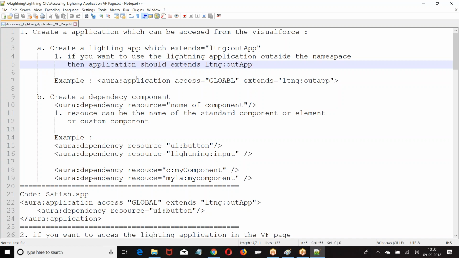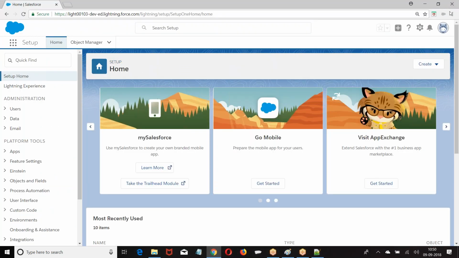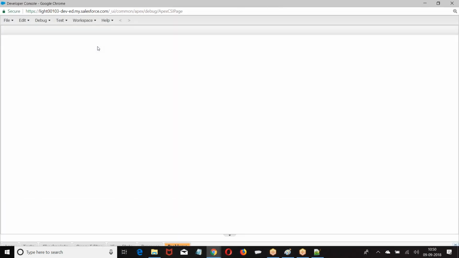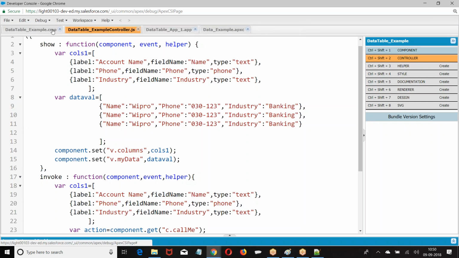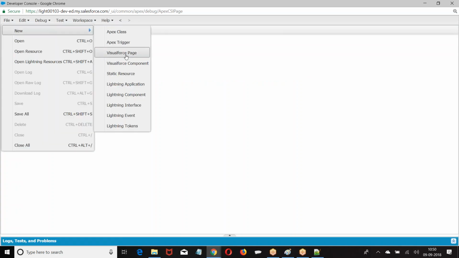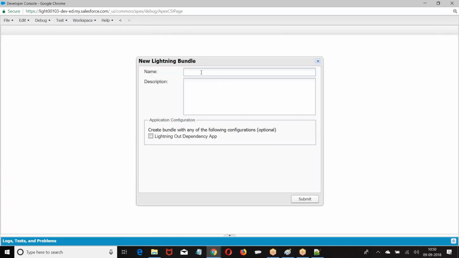Now, if you remember, at the time of creating a lightning application, what do we have?